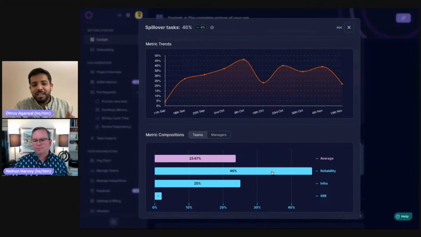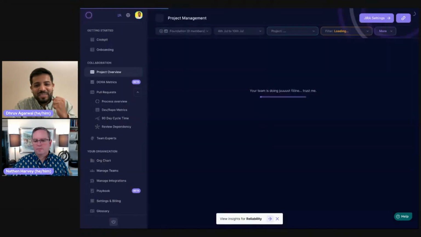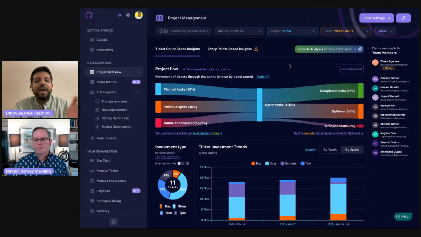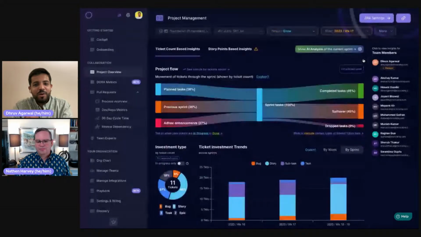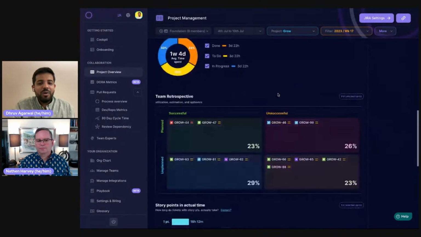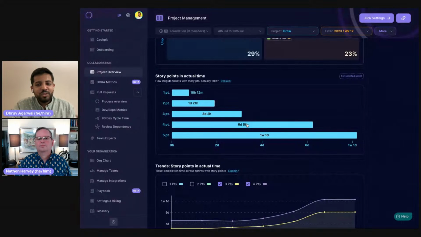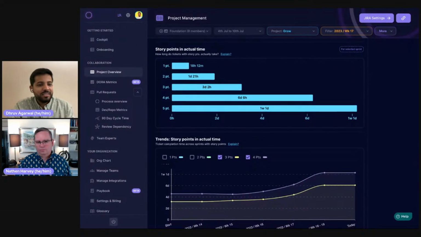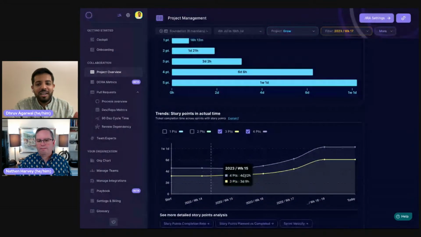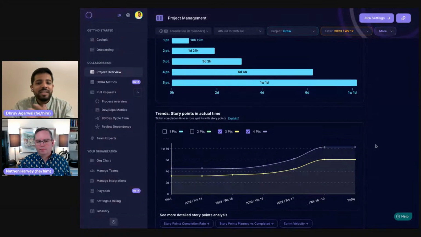Once I see that the spillage is very high and there's one team which requires my attention badly, I go inside that team. Now I analyze where the flow is being stopped. Is my team unable to deliver all we planned because of ad hoc work? Are my ad hoc tickets rising over time? Or if my team is estimating, how does the estimation adherence look? Probably for shorter tasks, the complexity is lower and my team is able to ship in time. But as the complexity rises, my team has been struggling to find out what the right estimate is.